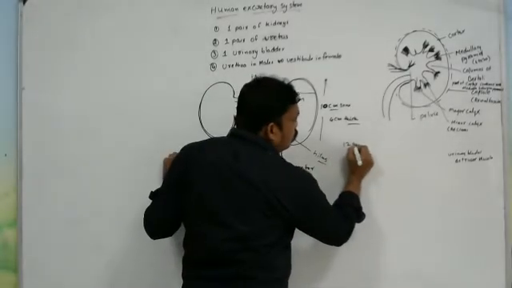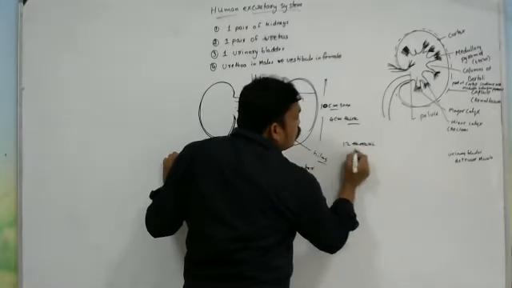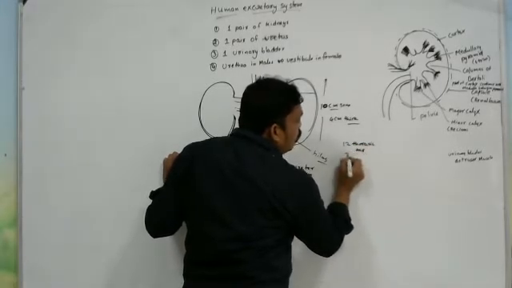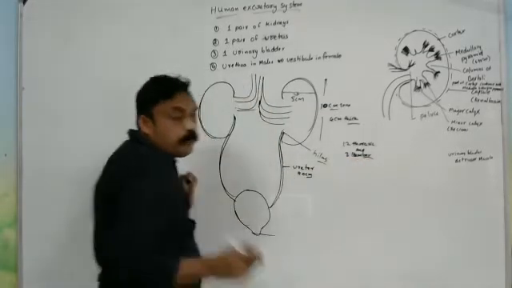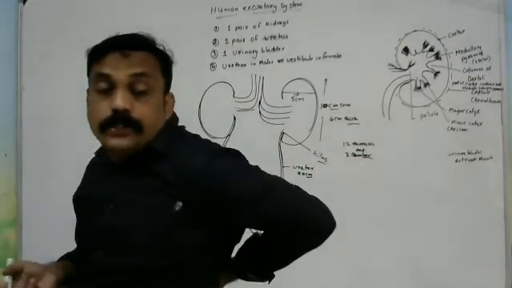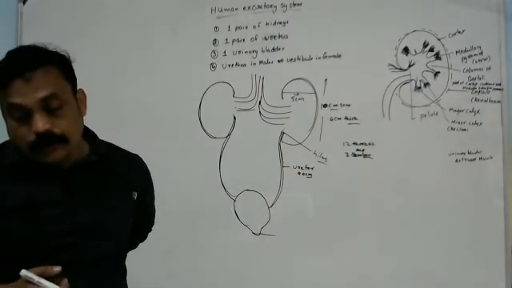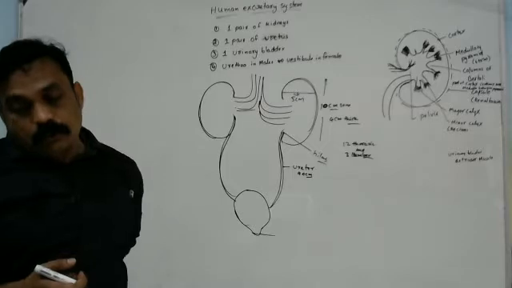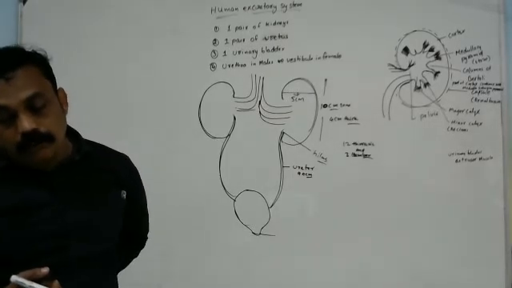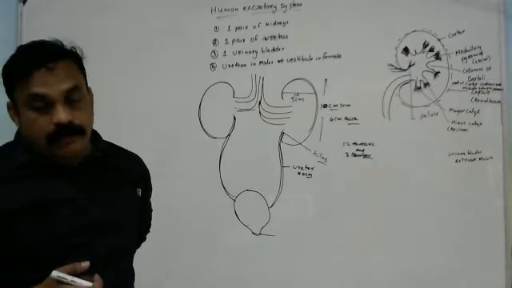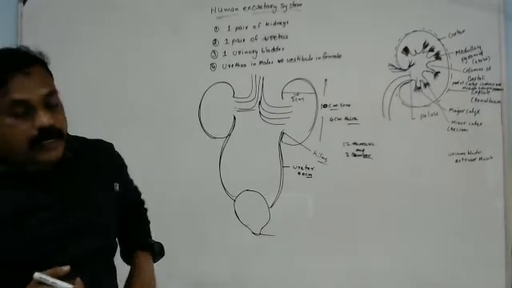The 12th thoracic and third lumbar region. The lumbar region is part of the spinal cord, located in the dorsal region. The kidneys are attached to the dorsal wall at the level of the 12th thoracic and third lumbar vertebra in the abdominal cavity. So they have a peritoneal covering only on the anterior surface.